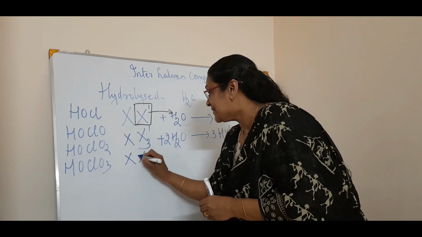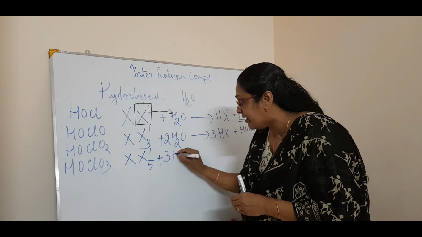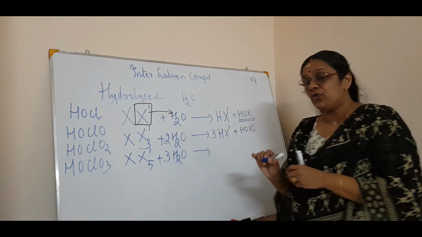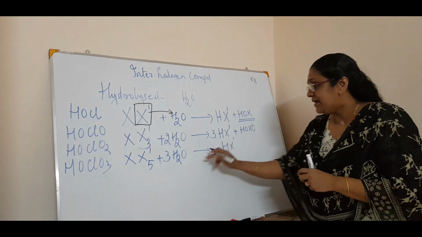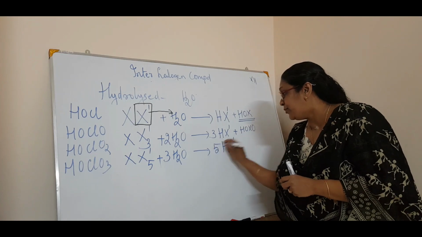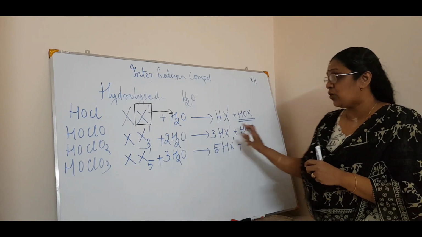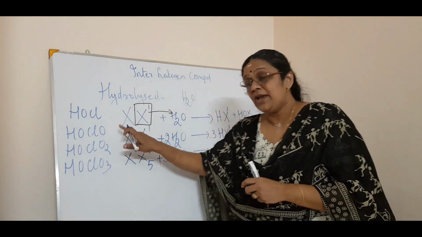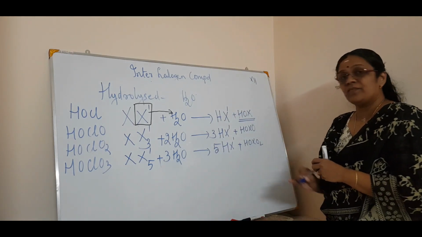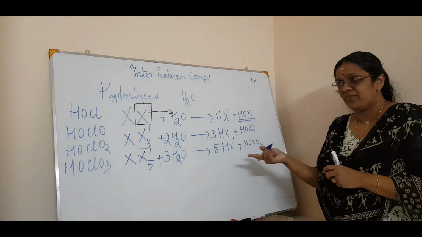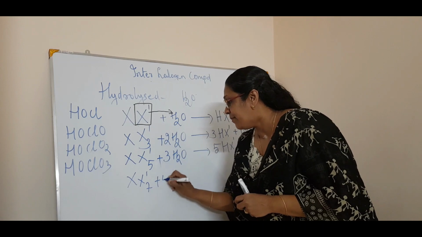Next is XX'5 and you tell me this is 1, this is 2 and now we can say 3. Listen, 3H2O will give you, directly you can write HX, nothing great in that. But if this is 5, then you can put it 5, no problem. But here, you know HOX, then HOXO, which means HClO2. Now what is the next? HOClO2. I can write HOXO2 or you can write HXO3. Anyway, all these 4.